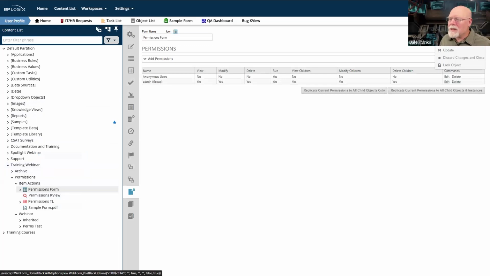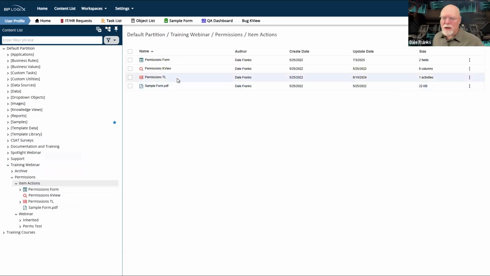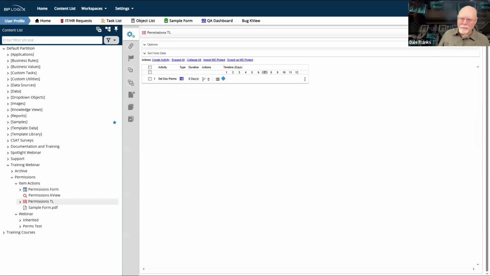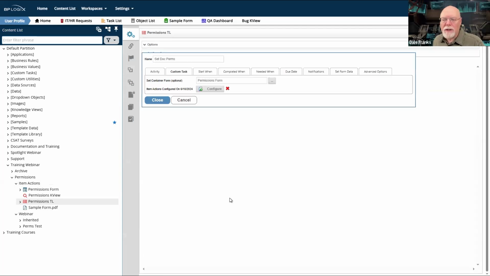So great. I've got these different permissions on these different things, and everybody but my anonymous users can access stuff. But let's go into my process timeline. Now, this is the only activity in the process timeline. This would obviously be something that we did at the very end of an approval process or what have you, but I need to be sure that my anonymous users can view those documents.